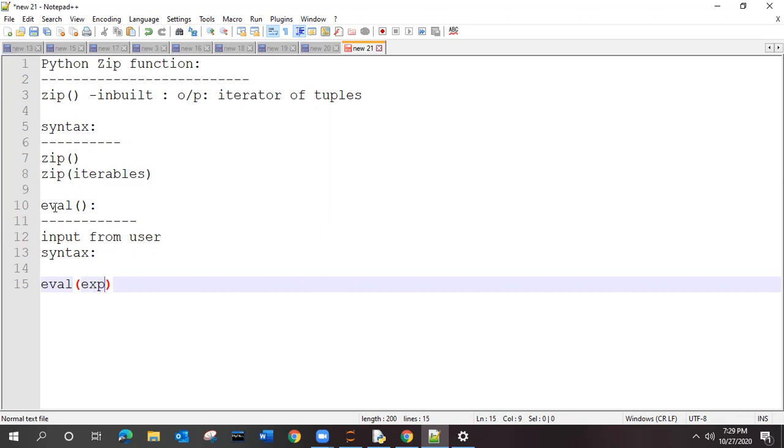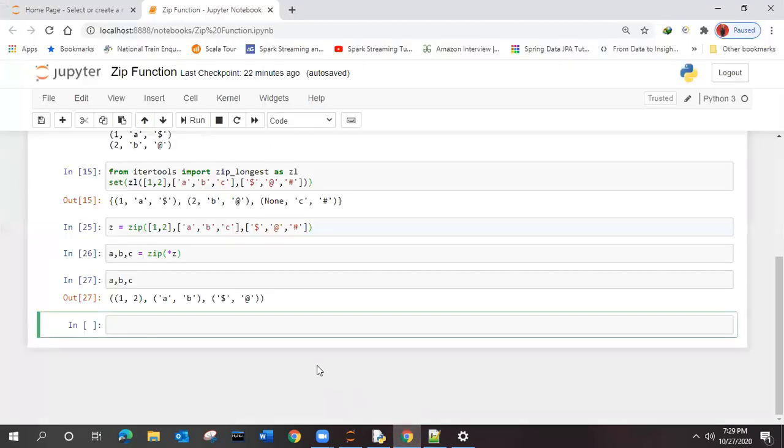So there is an eval function, and the syntax will be with argument and without argument also, right? How it is going to work with argument and how it is going to work without argument, that we need to see. What is our function name? eval. You can see the color is changing for this eval, which means it is the inbuilt function, right?